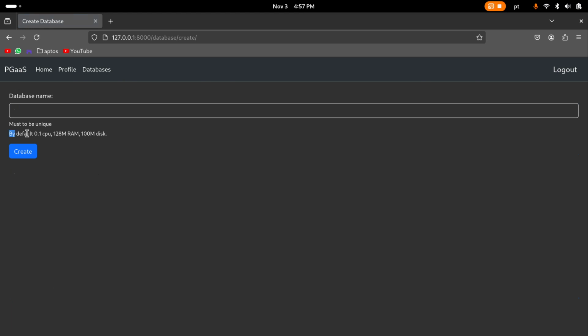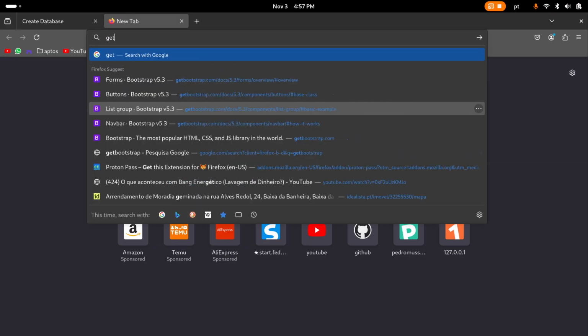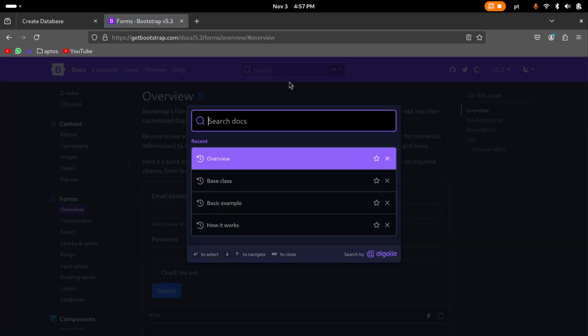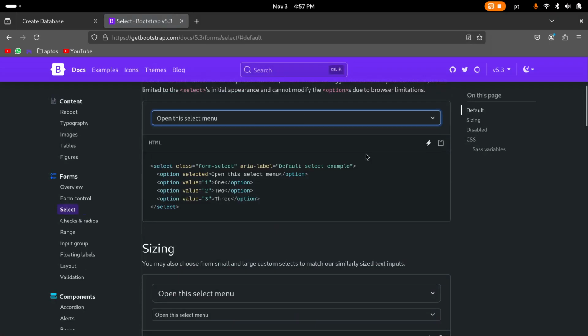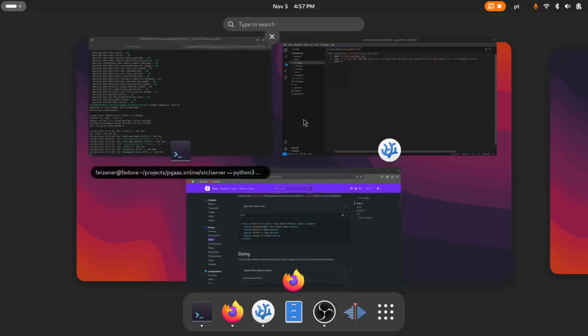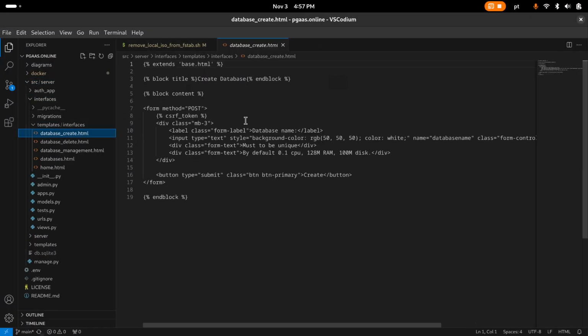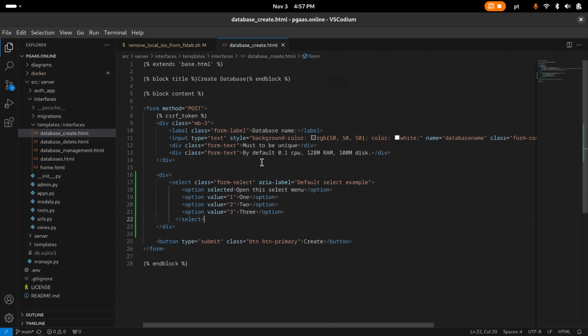Database on create DB. I have these options, but I want this to be a little bit more usable. So let's go to get bootstrap and then select. Let's use something like this. So interface, system plate, database create, div. Great. So it will be options for